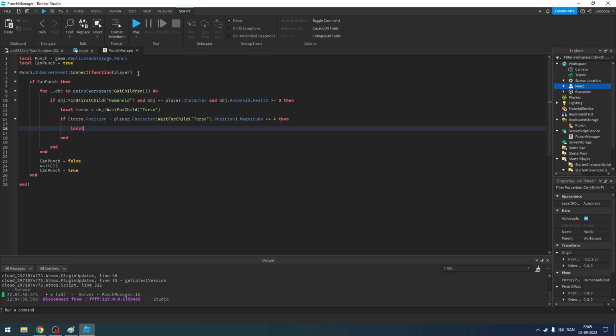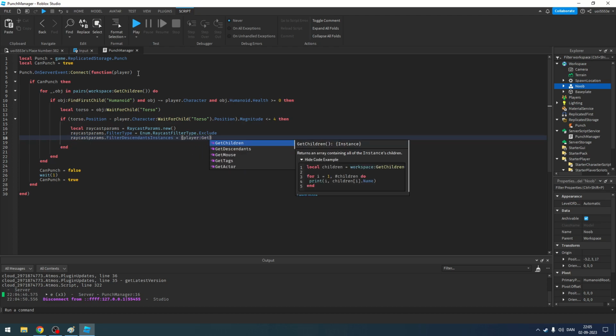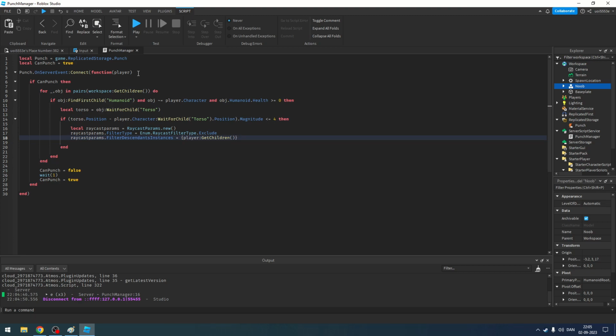local raycastParams equals RaycastParams.new, raycastParams.FilterType equals Enum.RaycastFilterType.Exclude, raycastParams.FilterDescendantsInstances equals player:GetChildren. So you can also just say player.Character, but yeah, okay, player.Character. Yes. So now we can say local raycast